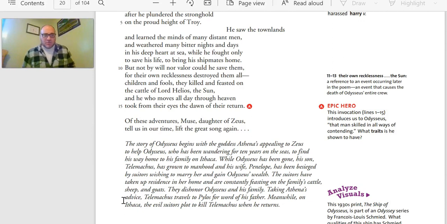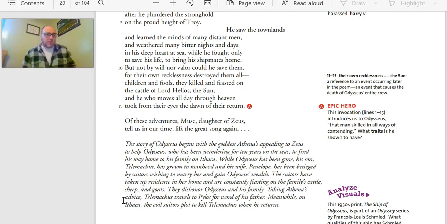And she can't really turn them away because she's a woman, and Telemachus can't really turn them away because he's a minor. And they want to marry Penelope before Telemachus comes of age, and she's trying to stall until her son Telemachus comes of age because then he can become king. And so they're in this awkward situation where the suitors are trying to force her to choose one of them,